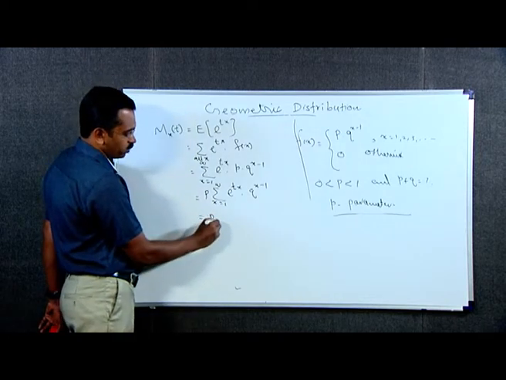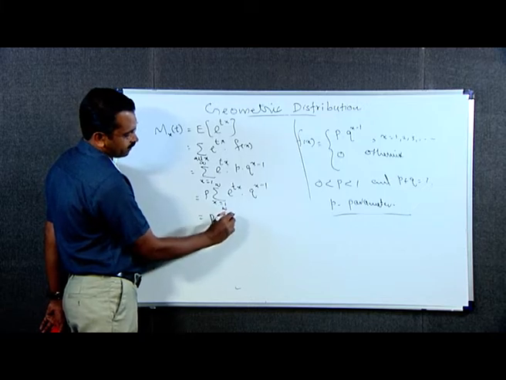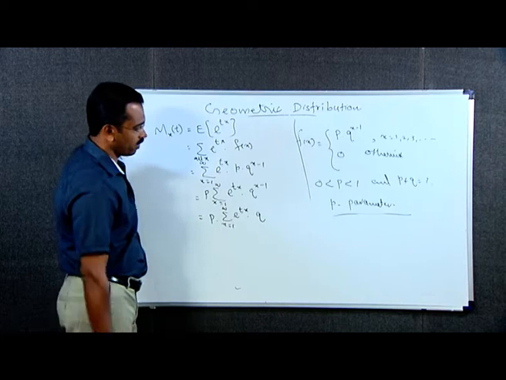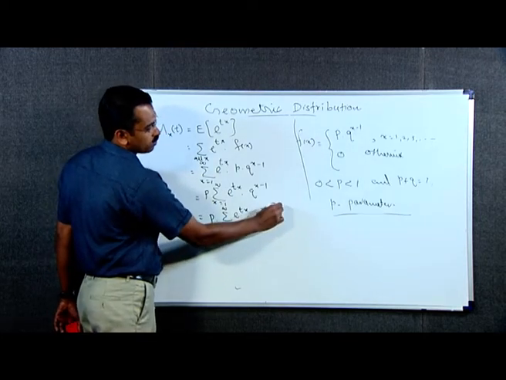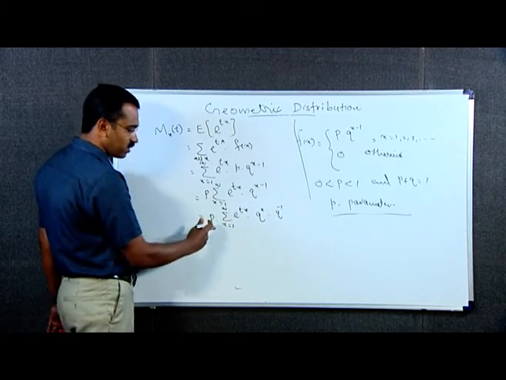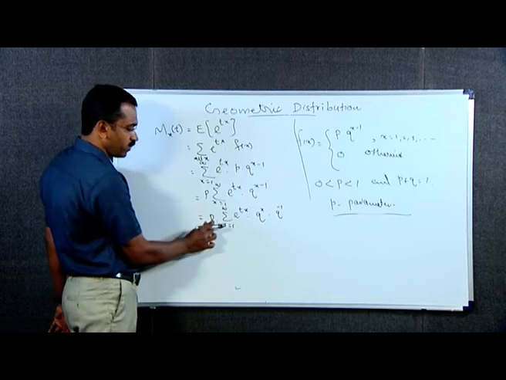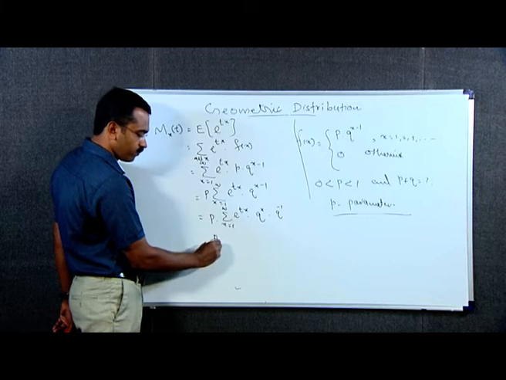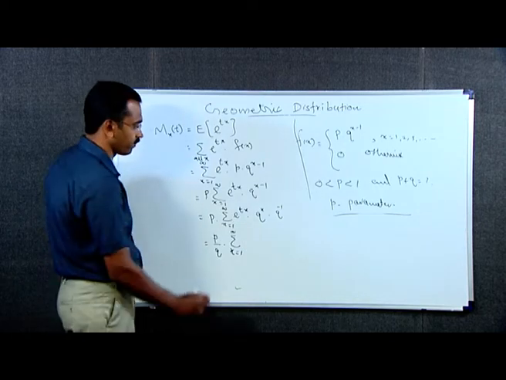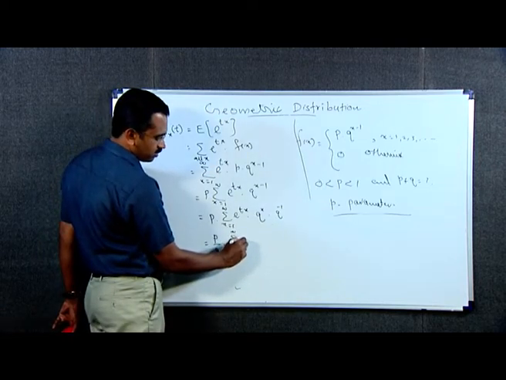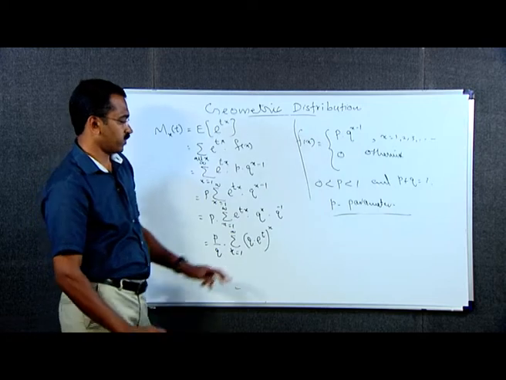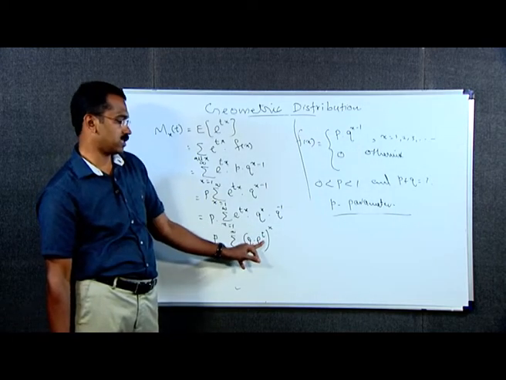That is equal to p into summation x varies from 1 to infinity e raised to tx into, here q raised to x minus 1 can be written as q raised to x into q raised to minus 1. Therefore, this q raised to minus 1 is independent of x. That term can be taken outside of this summation. We get p into q raised to minus 1, that is p by q, into summation x varies from 1 to infinity. Here we can combine this as q into e raised to t the whole raised to x. Q raised to x into e raised to tx means q into e raised to t the whole power x,